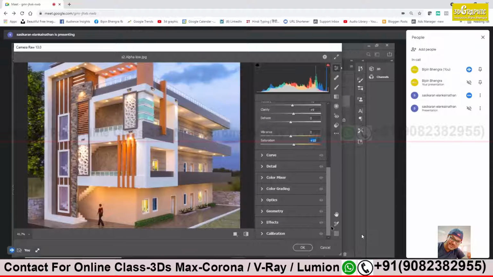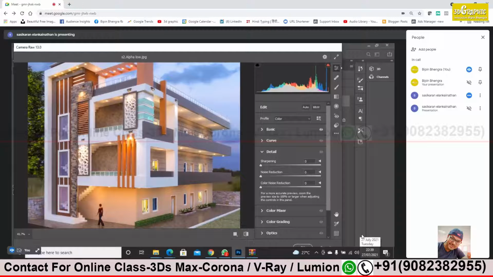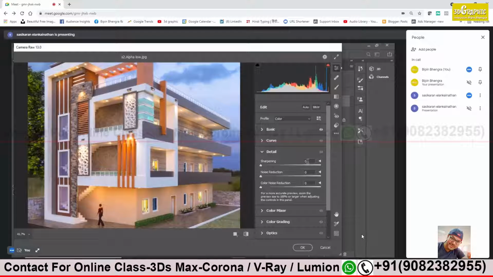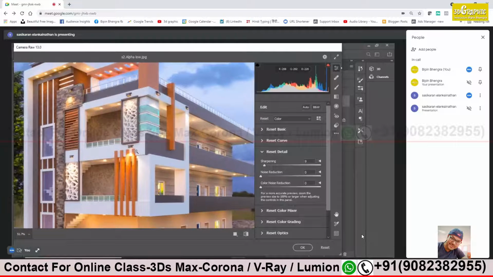Other than this, there is an option, details. Just go to the details option over there, after the curve. What do we do in details? There's the sharpening option. The detailing of the textures will be more visible over here. Just increase the sharpening. You can drag the bar, the triangle, the arrow. If you zoom closely, you can see the textures are getting more detailing on them.